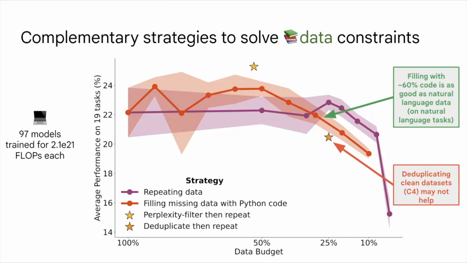Yeah, it's a good point. We didn't look at memorization. It's kind of a separate dimension. Like if you think it's bad if your model memorizes, then that's another matter. So here we just focus on performance. Does duplicating improve performance? But if you also care about memorization, then maybe that's another axis that you might want to look at. Yeah, obviously repeating is probably also going to increase memorization. So in that sense, if you want the model not to memorize anything, then repeating might not be such a good idea.